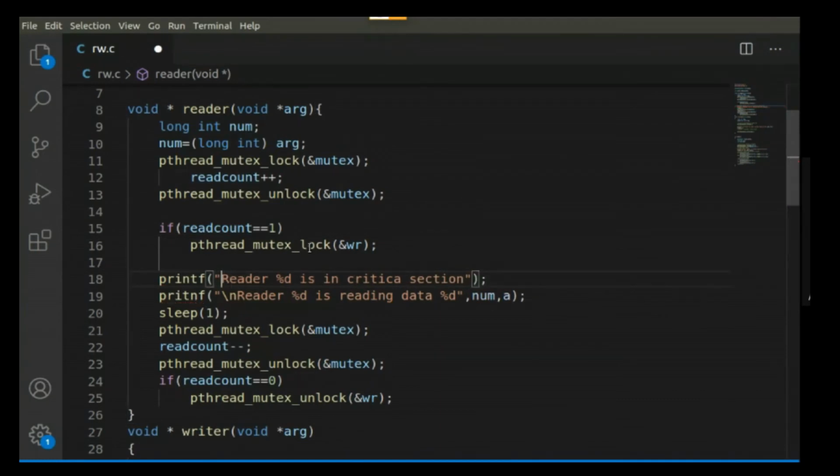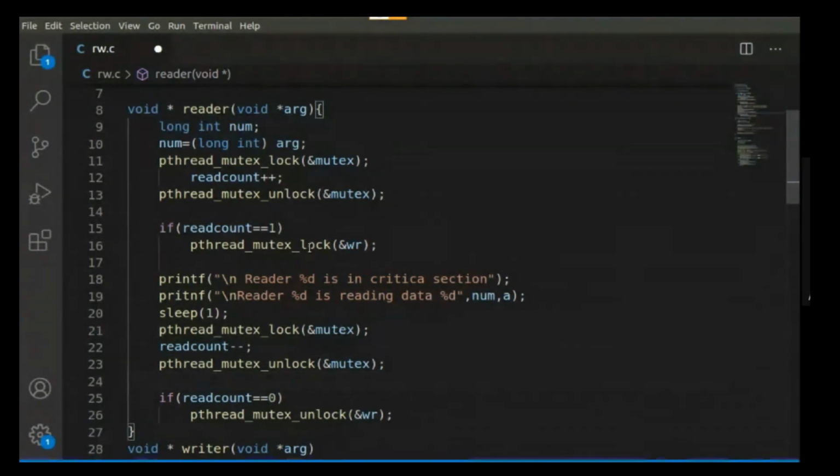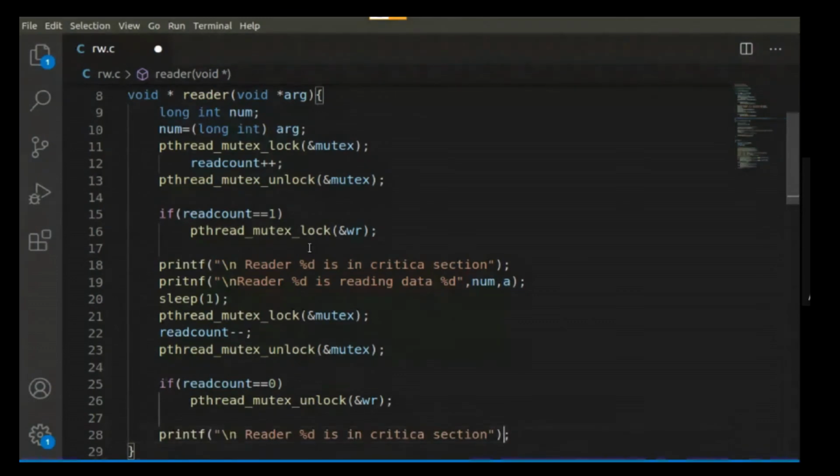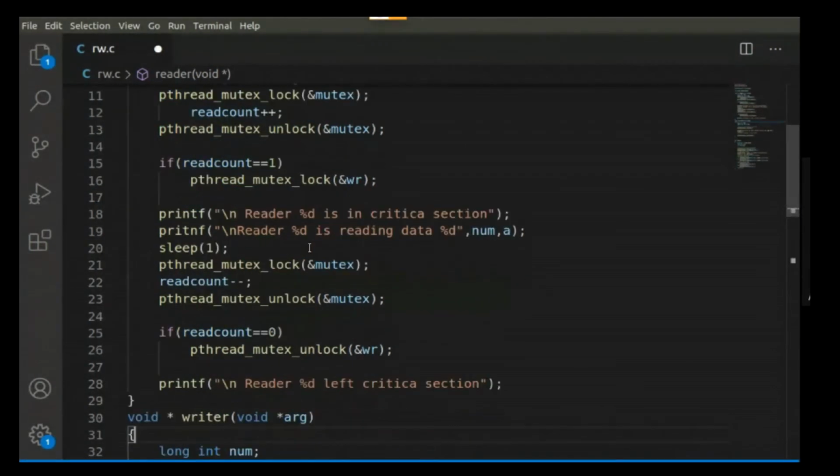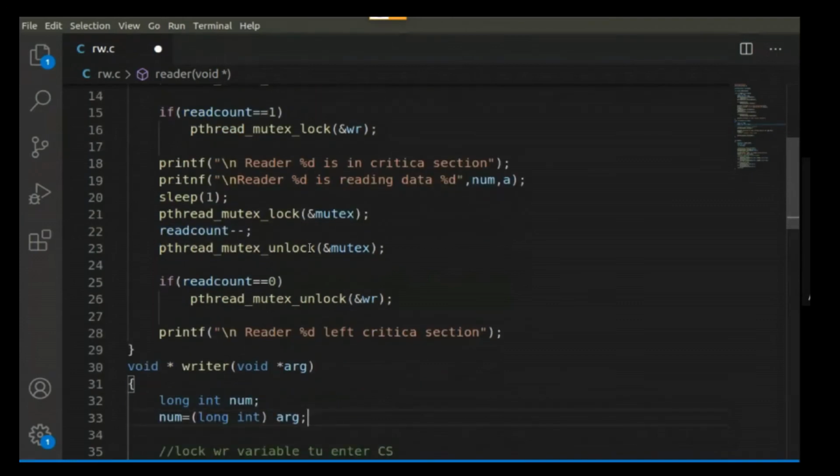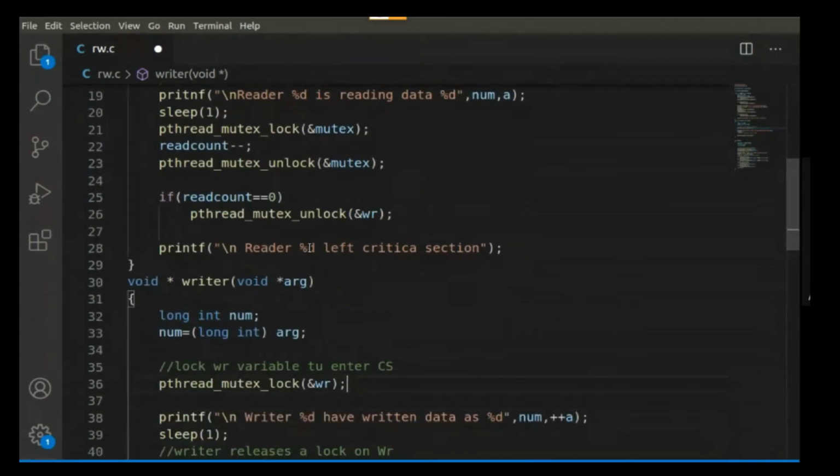And when he is unlocking the mutex and the read count value is 0, he is leaving the critical section. So here we will print that reader %d left critical section.